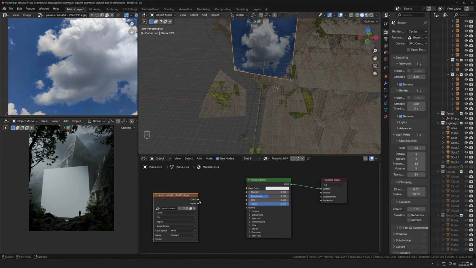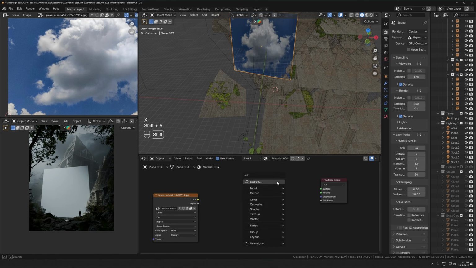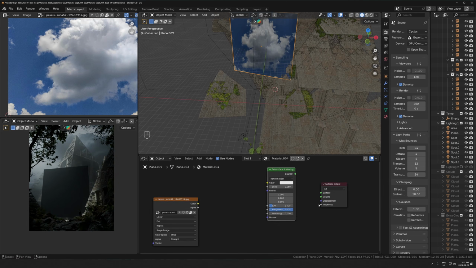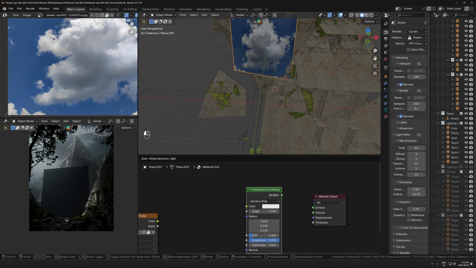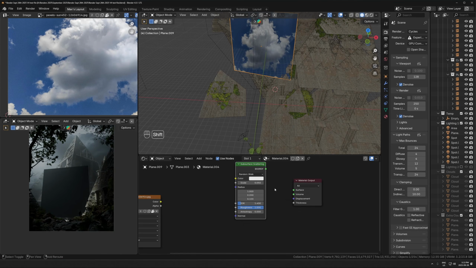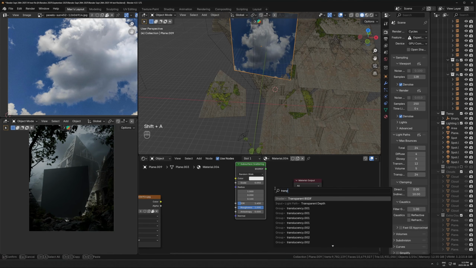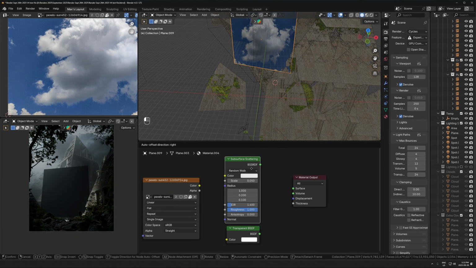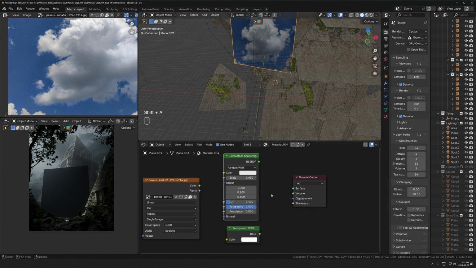And then I'm going to plug that. Oh, I'm actually going to delete this, and I'm going to use two nodes here. One of them is the subsurface scattering node. This is a trick I learned from Ian Hubert's Patreon. He did it with smoke, but it actually works with clouds as well. And I'm going to take a transparent BSDF. So transparent is just fully invisible, and subsurface scattering is mostly used for sort of translucent things like skin. Okay, so we're going to take this subsurface scattering and transparent and we'll just mix